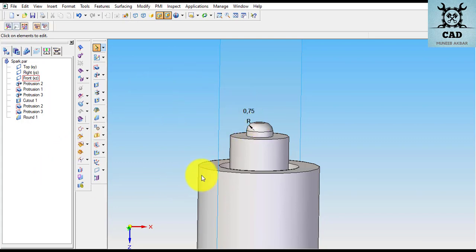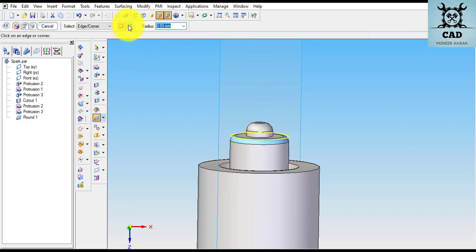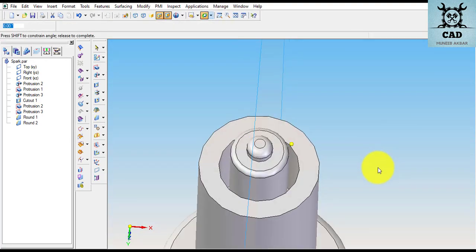So this is also a round. So let's go to round, edge and corner. I'm going for 0.5 and this edge and a step. Preview and finish. That's okay. Let's check it out. So you can see